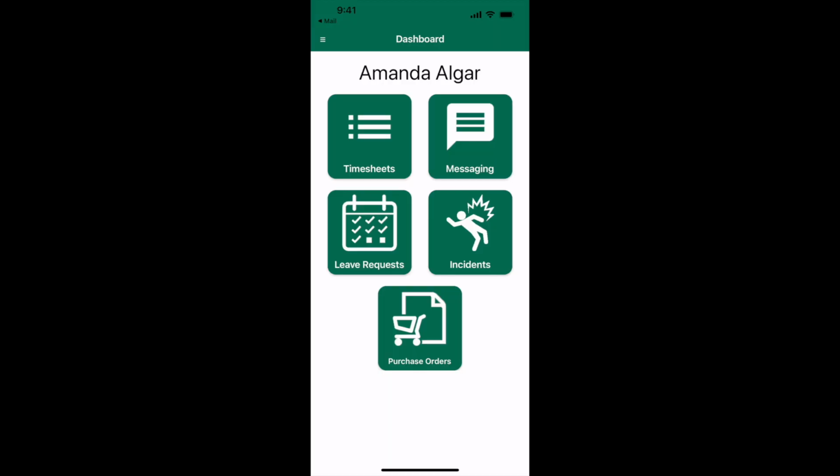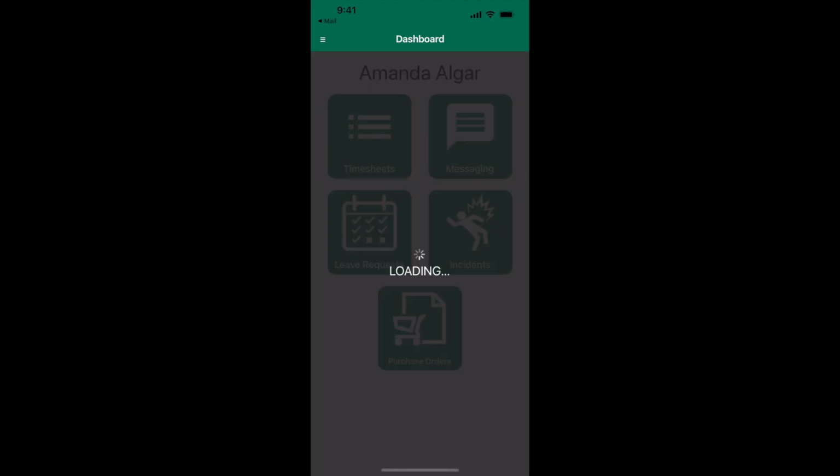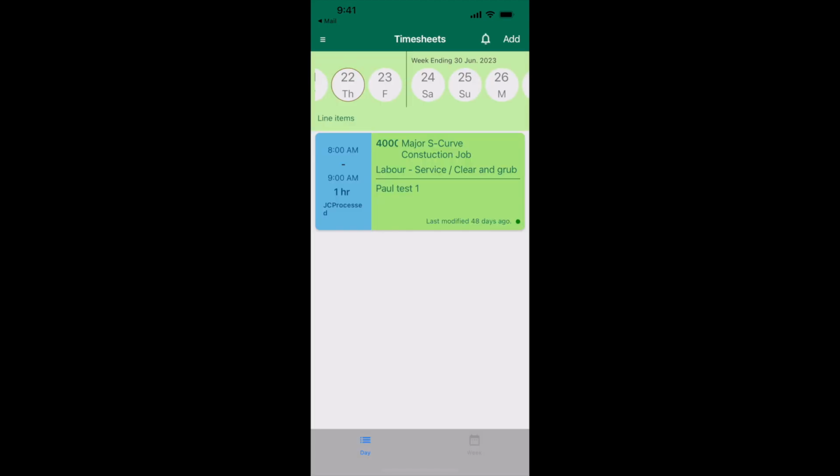Timesheets is a part of the JC and HR modules in nTree. If the desired user has access to these modules and you have assigned an nTree Timesheets license to them in the Enable Us App Maintenance screen, they should see the Timesheets tile in their dashboard or from the side menu on the nTree app. Clicking on this tile will bring up a listing of all timesheets in the nTree system